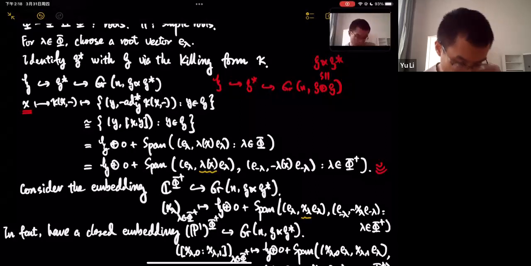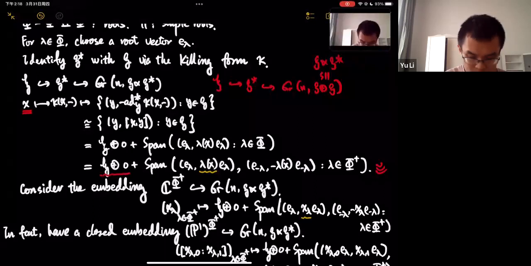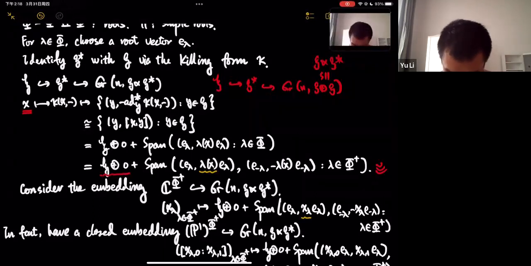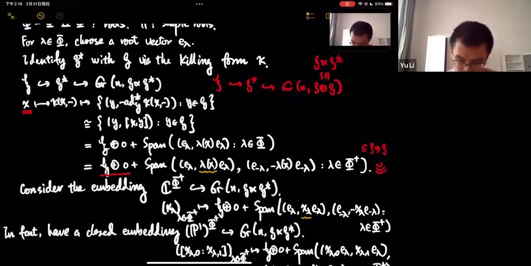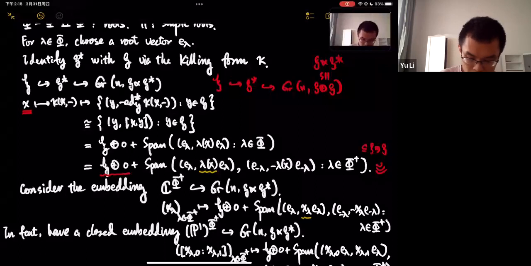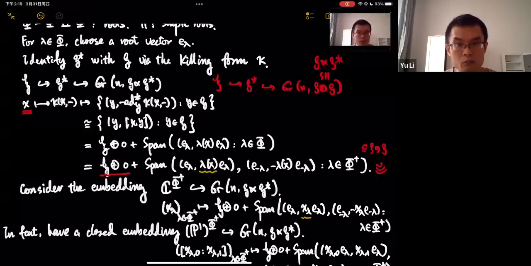And then the point is what? The point is, so here the first element, H direct sum 0. Oh, sorry, maybe I should have said that everything here sits inside our G direct sum G. So the point here is that the first element, H direct sum 0, has nothing to do with X. It doesn't depend on X. So we don't care about that. And then in the second segment, the span of certain things.